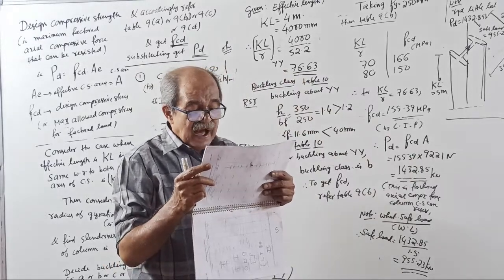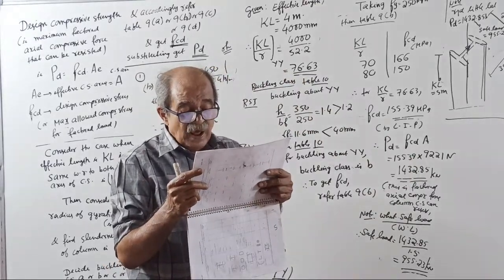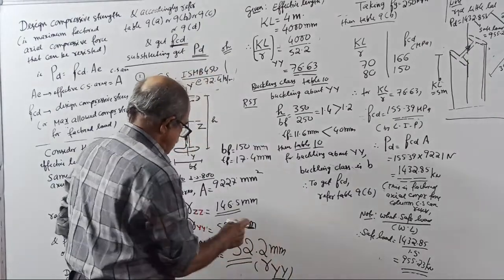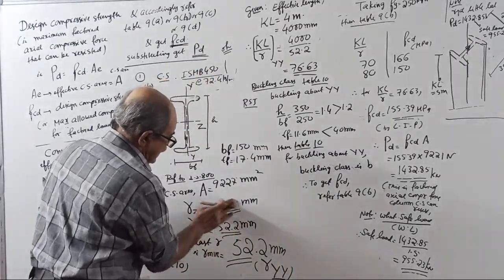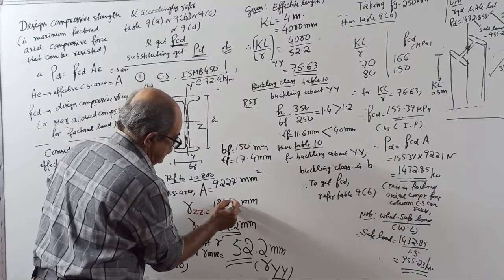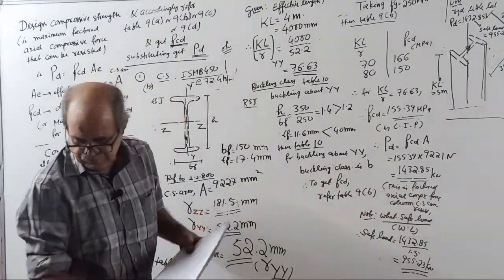9227. Its RXX is 181.5. Its RXX is 181.5. And its RYY is